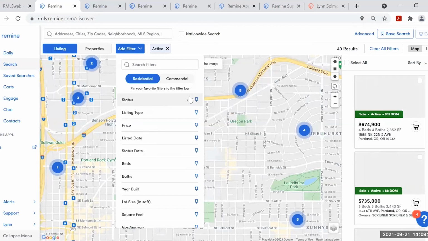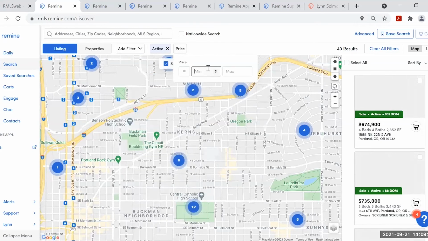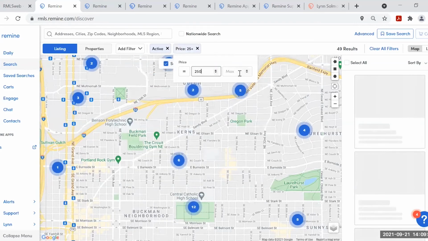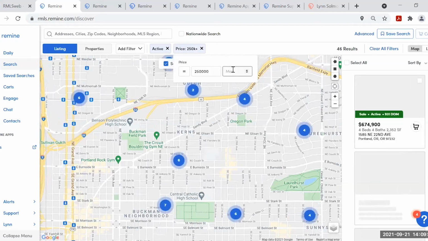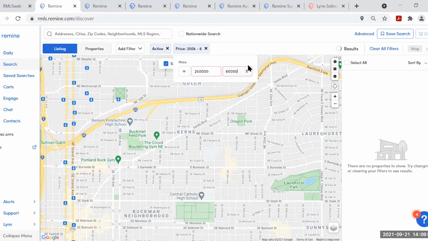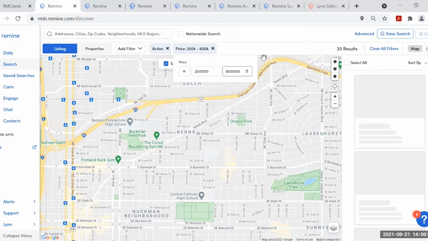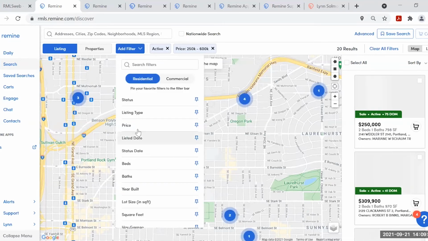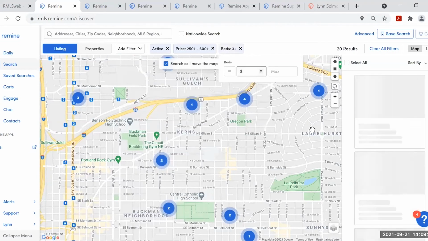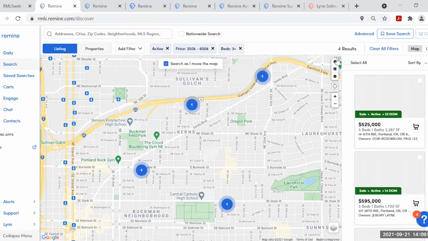So let's do, okay, status active, price range, 250 to 600. Wait, I need one more zero. There we go. At least 3 bedroom. Okay, so you have some basic criteria, and we're going to draw a shape.